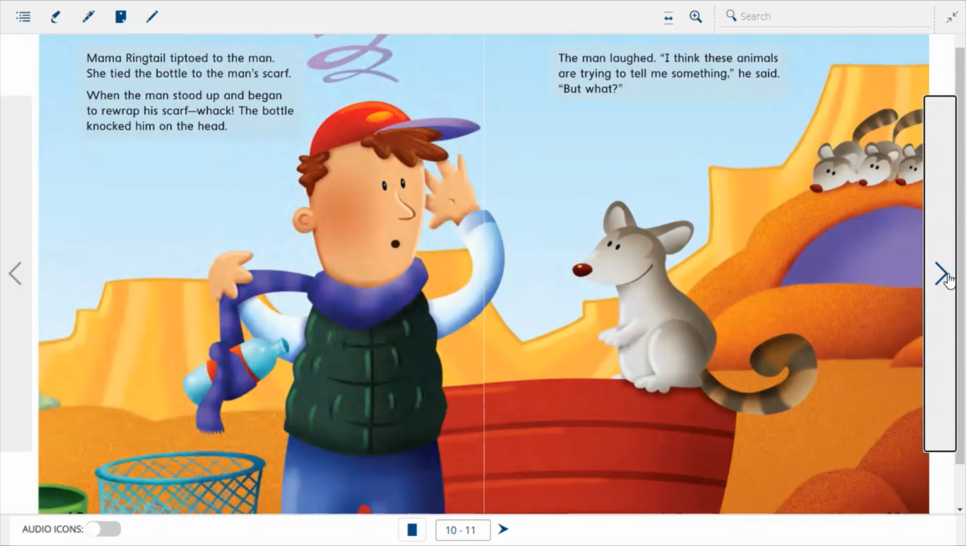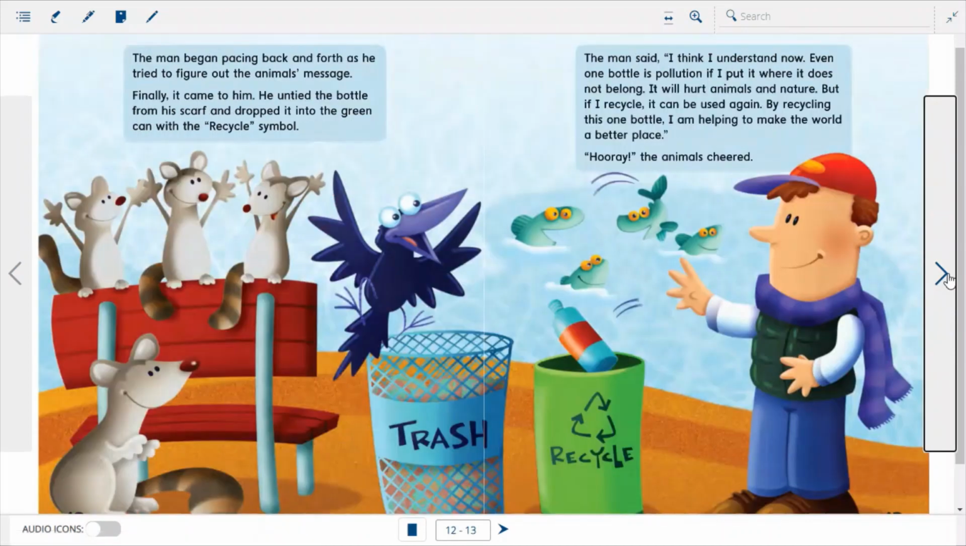The man laughed. "I think these animals are trying to tell me something," he said. "But what?" The man began pacing back and forth as he tried to figure out the animals' message. And finally, it came to him. He untied the bottle from his scarf and dropped it into the green can with the recycle symbol. The man said, "I think I understand now. Even one bottle is"